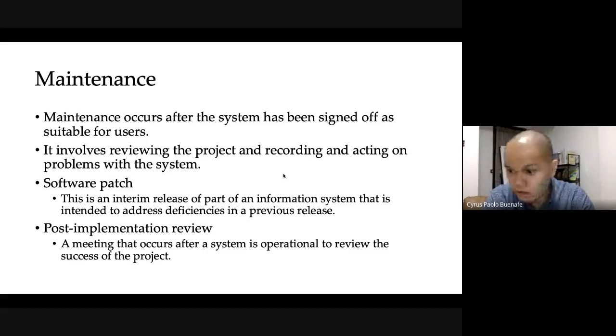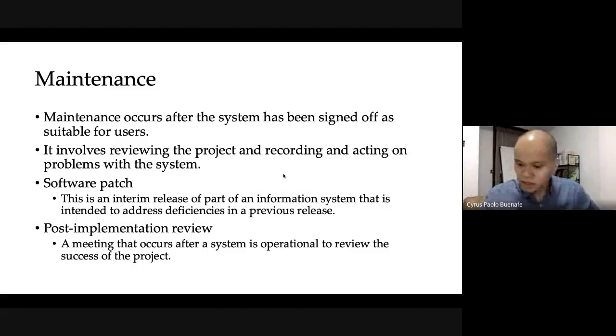And also, this gives you an idea of how much work you anticipate to be doing after the cutover. And you can only have a good estimate of that if you've actually done a review of what has transpired, right? So, doing a post-mortem. So these are things that you'd expect to look into during the maintenance phase.